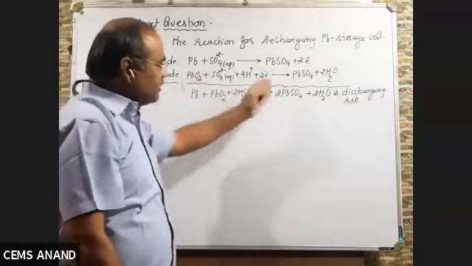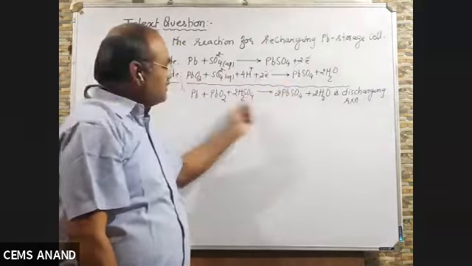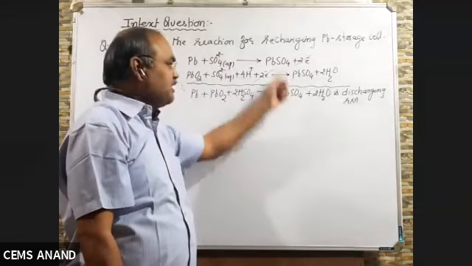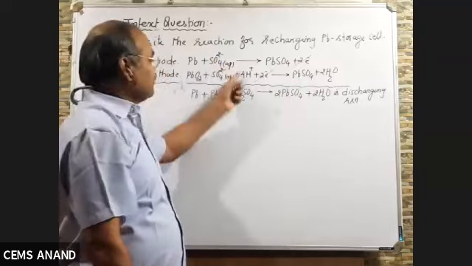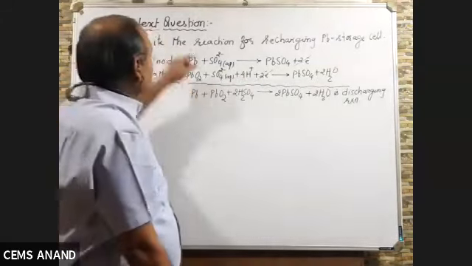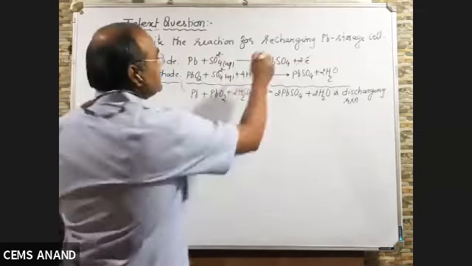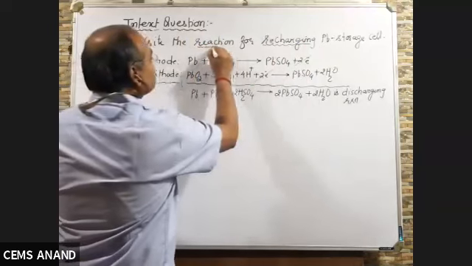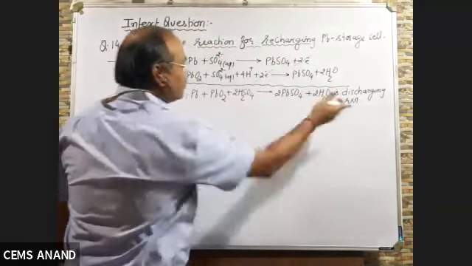Because if you go on continuously using the battery, the cell reaction will discharge and PbSO4 will accumulate at anode and cathode, and the sulfuric acid density decreases, as I told you. So the cell is discharged. In the question it is asked, write the recharging reaction. For recharge, you have to reverse the reaction.